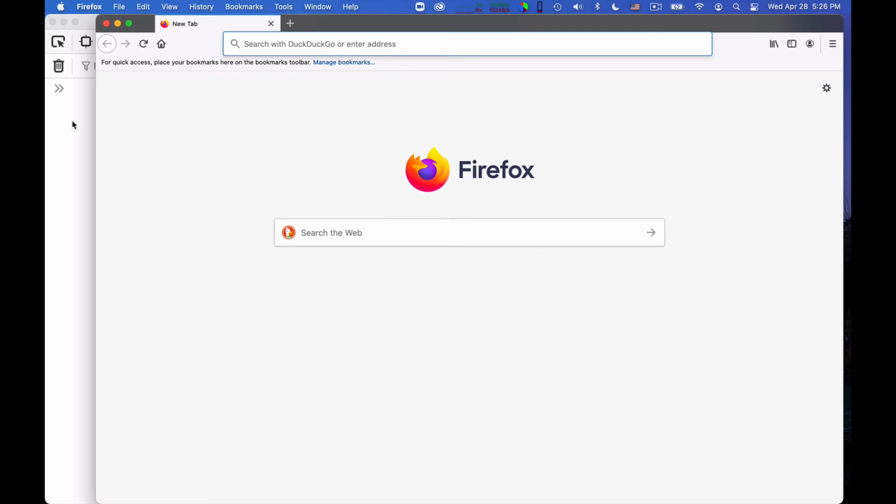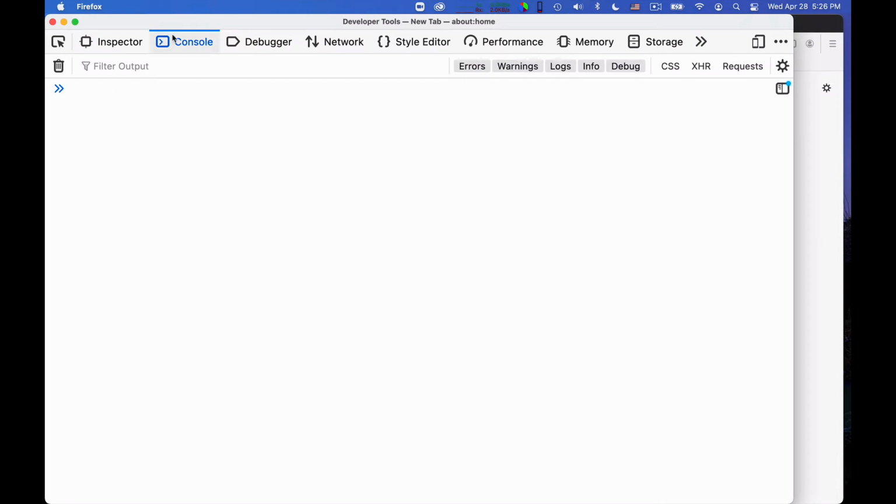We are going to give you here a very short introduction to JavaScript. We are not going to describe the language in its entirety. We are going to focus on the aspects that we are going to use while developing for Py4Web. So to be able to write JavaScript code, we are simply opening here in the developer tools of Firefox the JavaScript console, and we are just going to use it as a prompt where we can write JavaScript code.